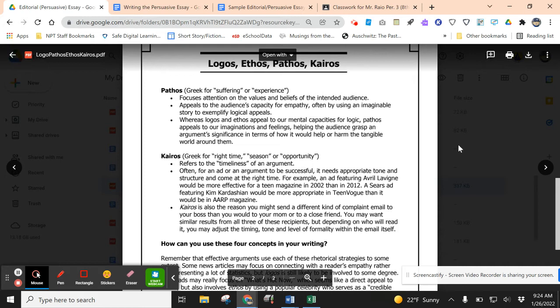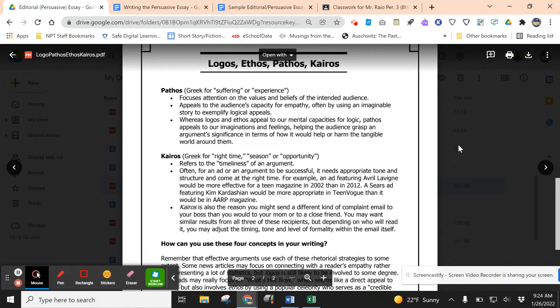This will improve their sense of self-worth. This will decrease their stress. This will make their lives better. This will help them learn more. This will be better for kids. Okay, you can do that in an emotional way because literally there is no one reasonable anyway, or at least who admits it, who is against what's good for kids or against better education. Appeals to the audience's capacity for empathy.